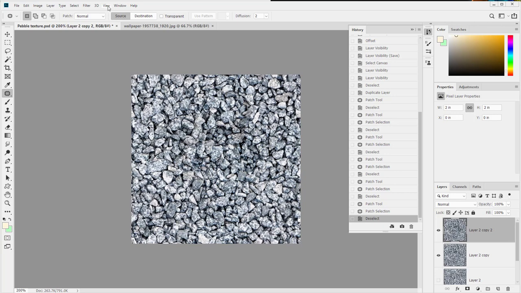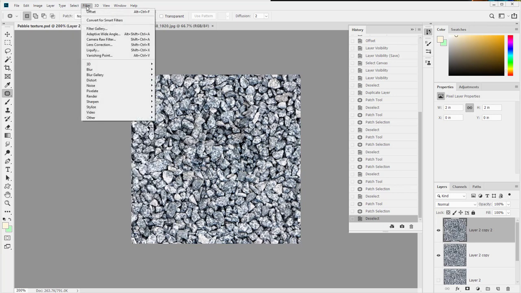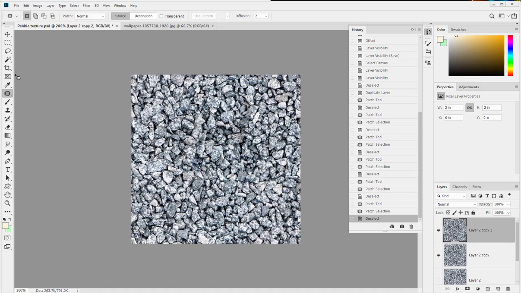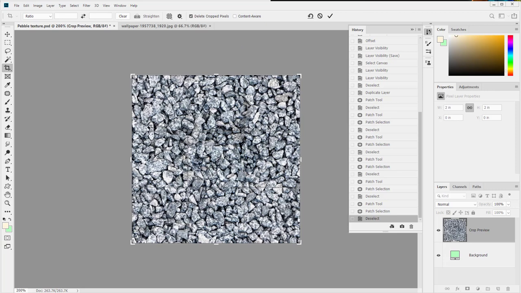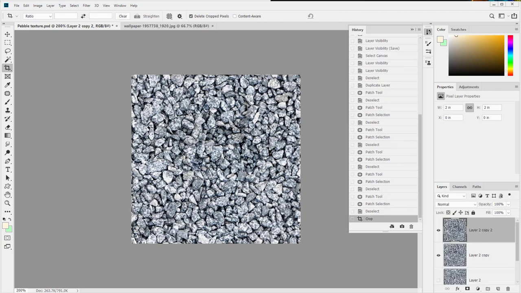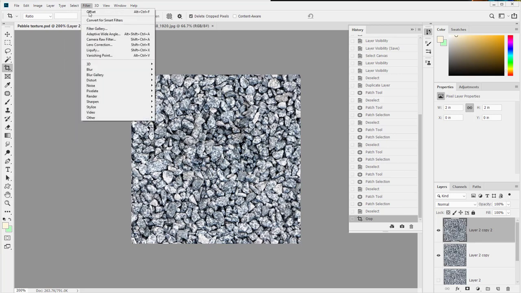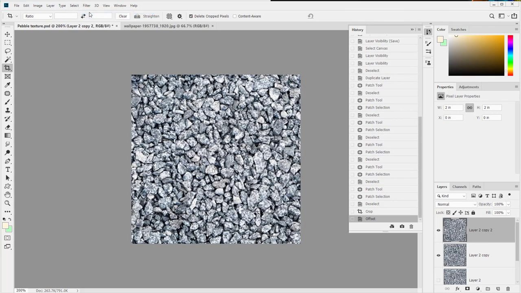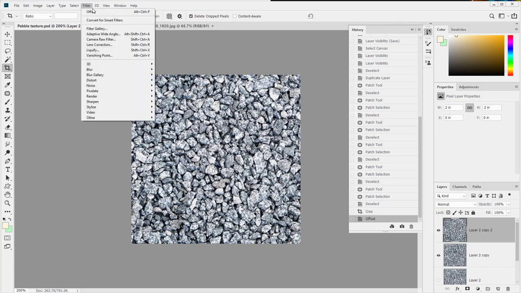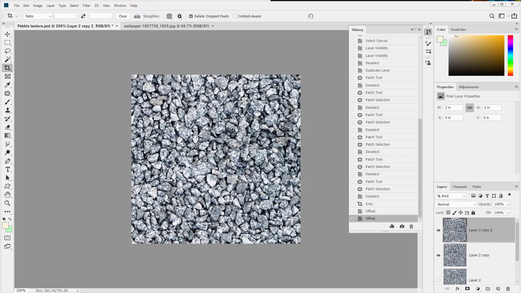All right, let's do an offset filter. Oh, before we do, let's be super safe. Grab the crop tool, delete crop pixels, just press enter a couple times. There we go. So if there are any pixels left over from when I was using the patch tool, it won't mess this up. Filter offset. Where's the seam now? If I offset it a couple of times, I think it's here. It's actually really hard for me to spot. Let's just quickly,